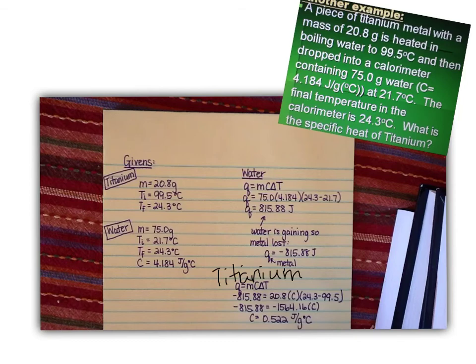Now, before we go away from this problem, I want to show you something. I want you to acknowledge and see that it's interesting how the water, where's the water? Here it is. The water's temperature didn't change very much, like 3-ish, not very much. But the metal's temperature changed a lot. And that comes from the fact that the specific heat capacity of the metal is so much smaller. It gains energy and its temperature changes drastically. That 4.184 number is telling you that water is a very good absorber of energy. It absorbs energy without a large change in temperature. So I just wanted to point that out while we had this problem in front of us. Now, if you need to, you can go back and rewatch any part of this that's necessary. But if you're looking at this and feeling pretty comfortable with it, then you can go ahead and get